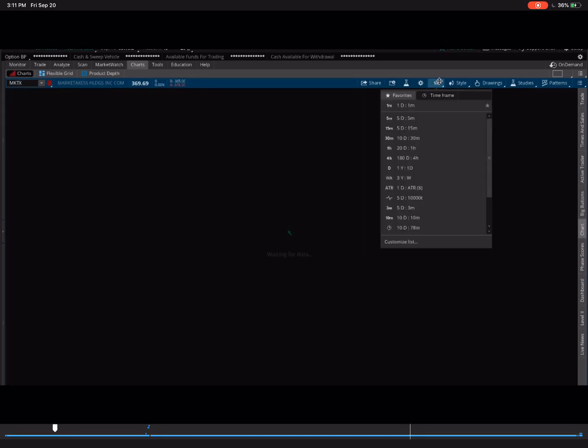Let's take a look at it on the daily. All right, so taking a look at MKTX. This one was a pick based on volume and just the action that it had yesterday. So I decided to take a look at it and see. And then I just realized that this one should have been on my list anyway for movers, because it moved. Look at how much